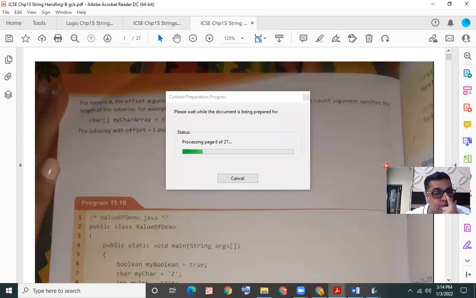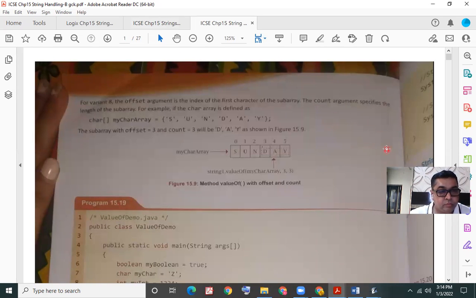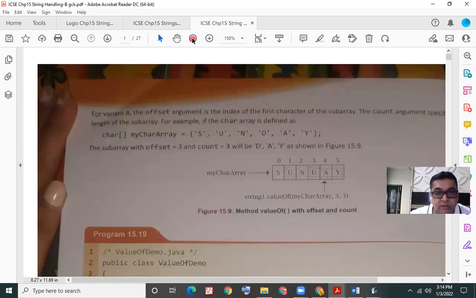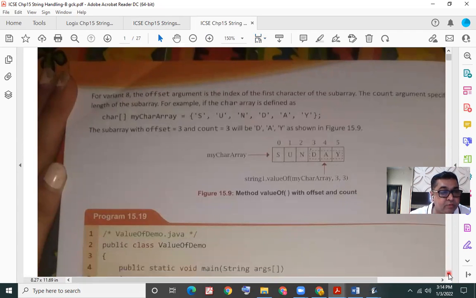Here it is, I've already opened it. While scanning, if you put many pages in one PDF, it creates a problem. So we have to divide a big chapter into parts.